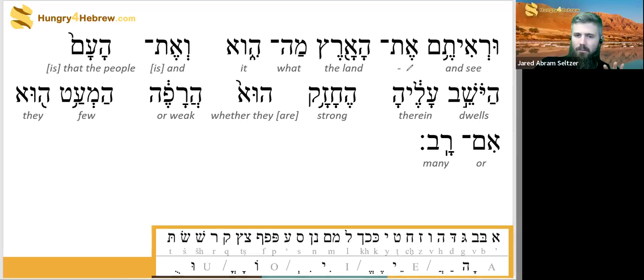Now, here's the thing. These are cantillation marks that the Masoretic scribes are writing in to try to preserve a tradition that was handed down to them, and overall they did a fantastic job. But sometimes are they wrong? So don't get caught in the rut of, well, the Masoretic said we should put a pause here, so I'm not even going to think about anything else. No, do it.